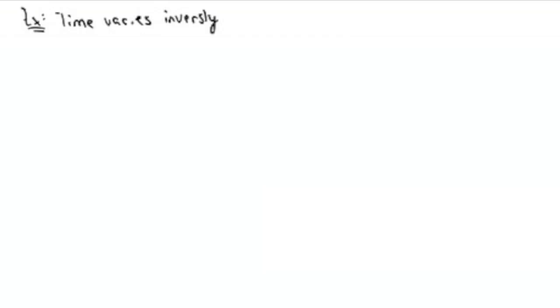I'm not sure if I spelled that right. I think there's a key there. Oh, time varies inversely as rate, and t equals 0.25 when r equals